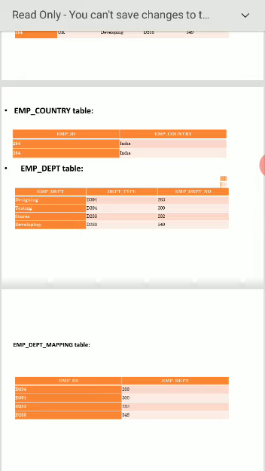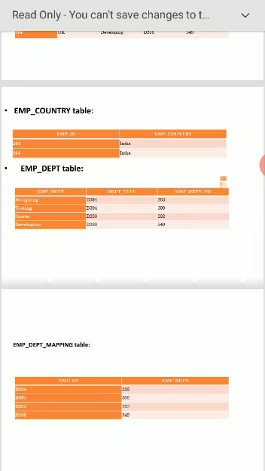Next I created another table, the employee department mapping table. Here I have taken only the employee ID and employee department. Here I will consider only the department type as well as the EMP department.